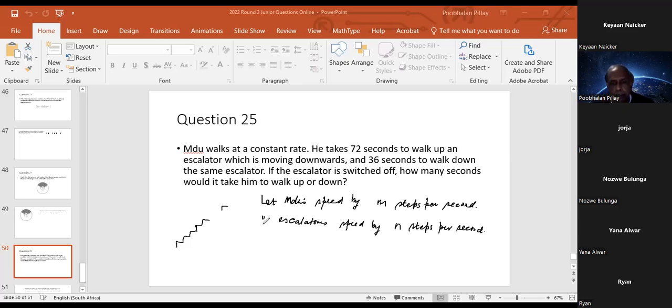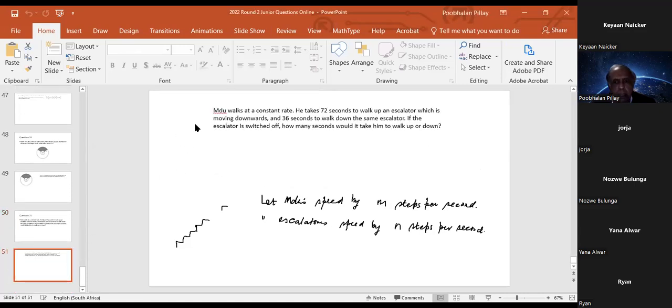All right. Okay, so we know Mdu's speed is m and the escalator's is n. Let's get onto, I need more space. So now when he's climbing up,